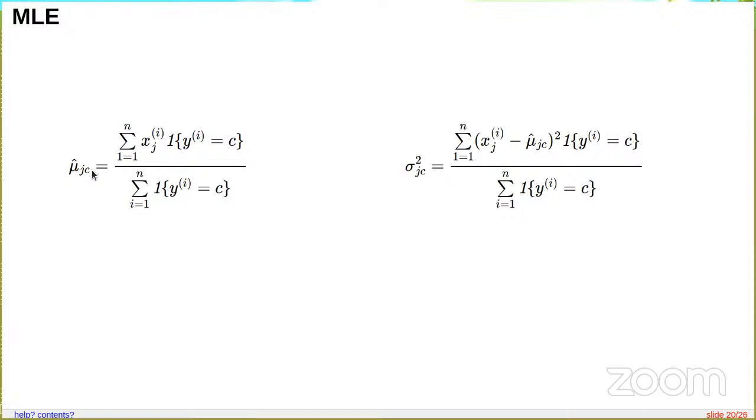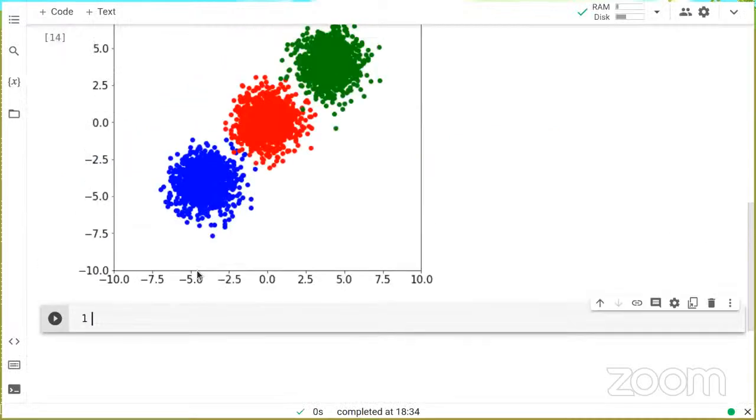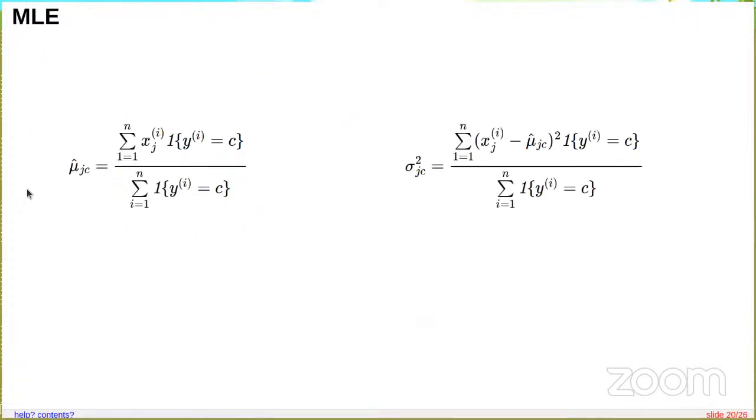Okay, for example, in our case, if there are three classes, right? There will be two mu's. For each blob here, there will be a mu1 and a mu2. So there will be 6 such mu's. That is what I have written here: mu11, mu12, mu13, and likewise mu21, mu22, mu23. They will be the means for the jth feature and the cth class. Okay, that is the left hand side.